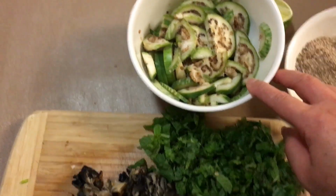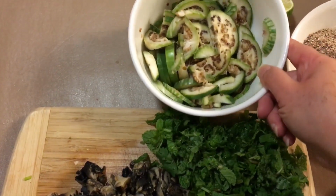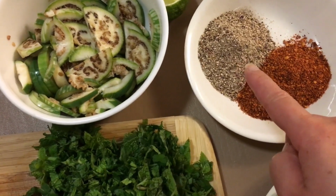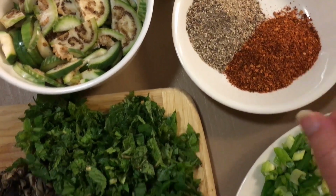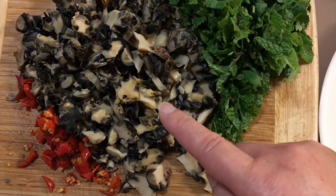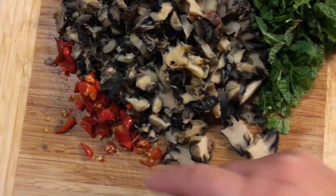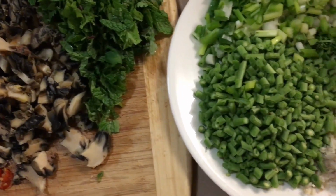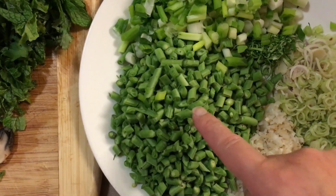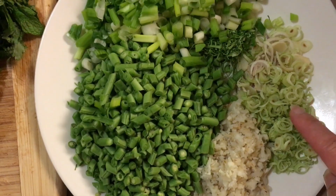Got sliced green eggplants that I soaked with salt and lime juice for it to stay light. We have roasted rice powder, chili peppers, and then I have cilantro and mint and sliced farm snails and some chili peppers. And then I have here green onions, Asian long beans, sliced galangal, sliced lemongrass,